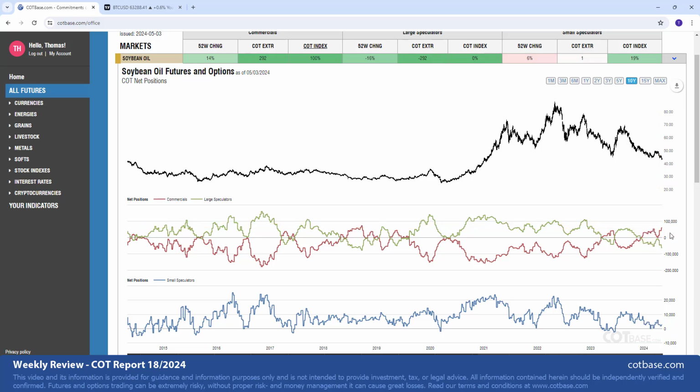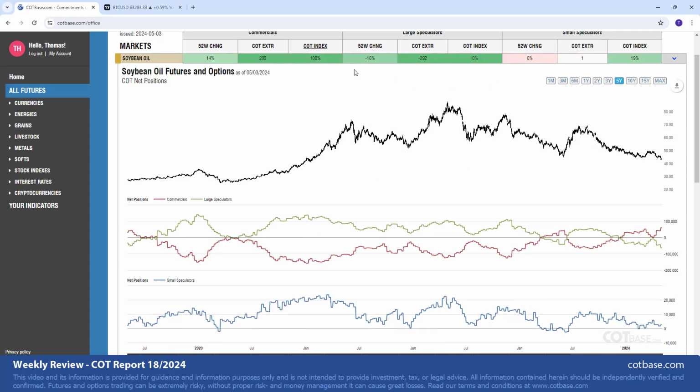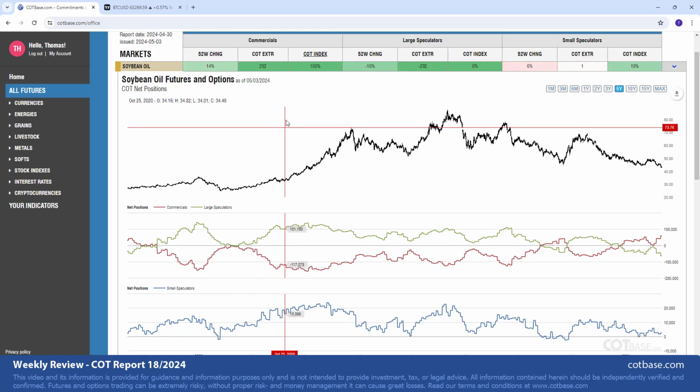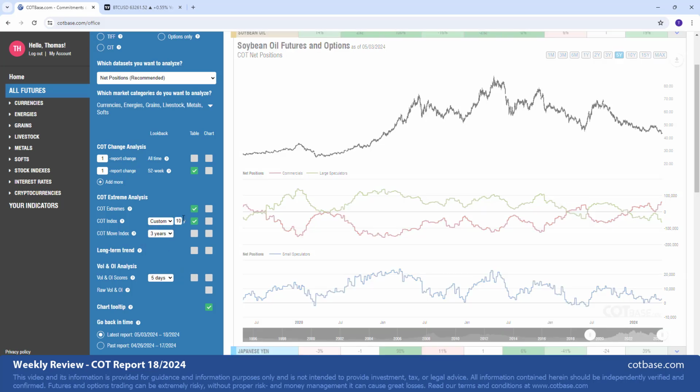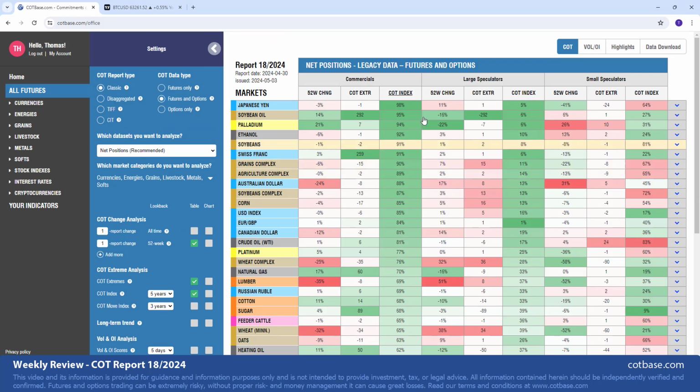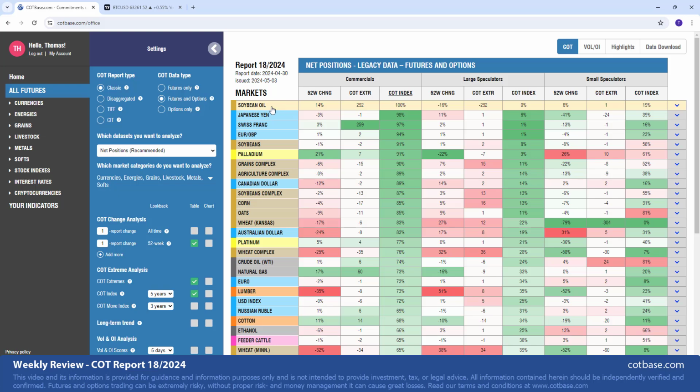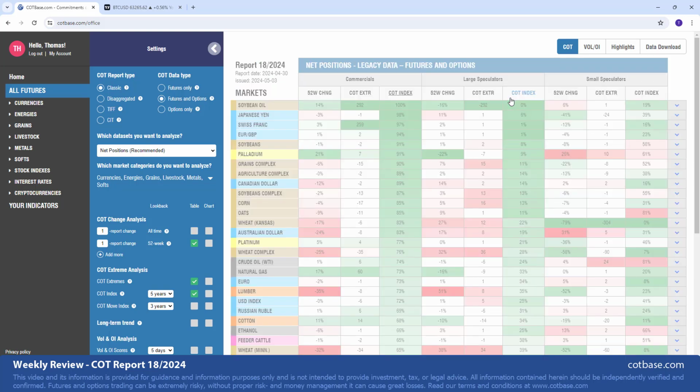If you want to just go through the markets real quick and identify the largest extremes, you may choose to use the COT index. And if you want, you can of course choose. Many books are talking about the 6-month COT index, but you can choose and identify 10-year or as many as you wish. We're just going to stick with the 5-year for now. As you can see, soybean oil is on top of our list, 100% COT index value, then Japanese yen, and the Swiss franc. If we go to large speculator COT extreme,